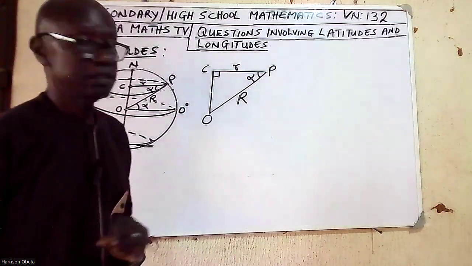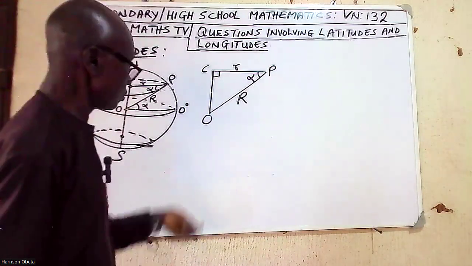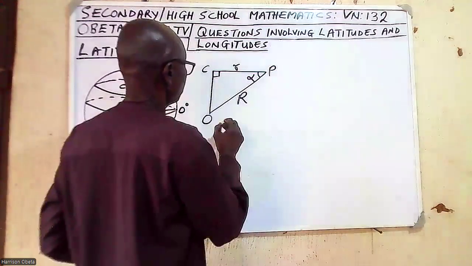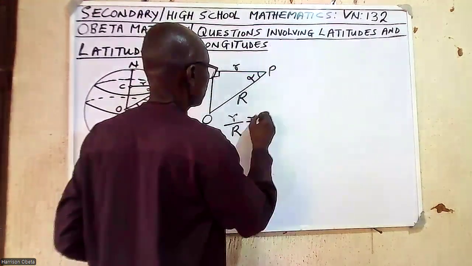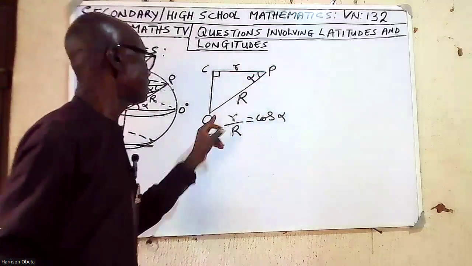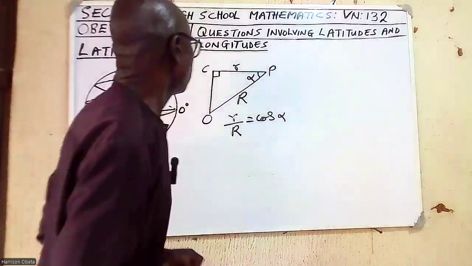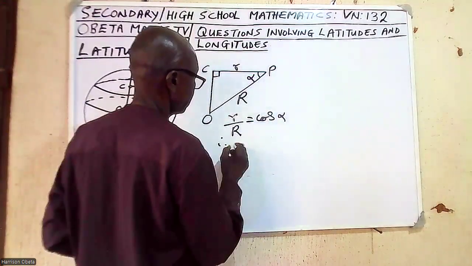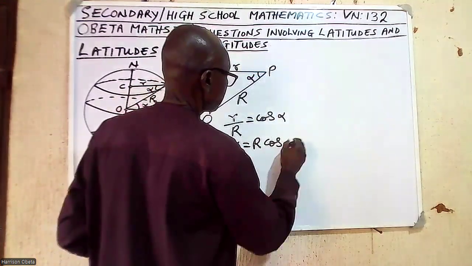CP is adjacent, while OP is the hypotenuse. So we're now going to use r over big R equal to cos alpha. That is adjacent over hypotenuse, which will give us cos. So it means that small r is capital R cos alpha,